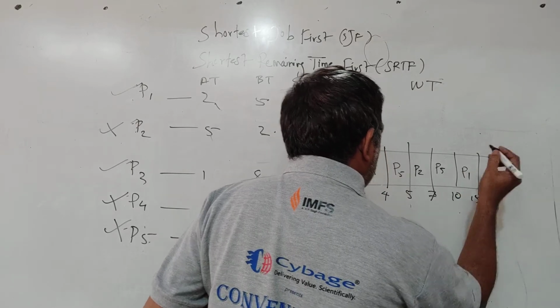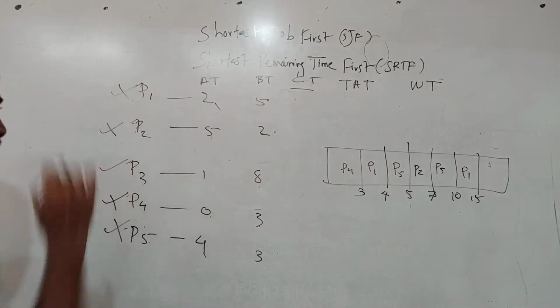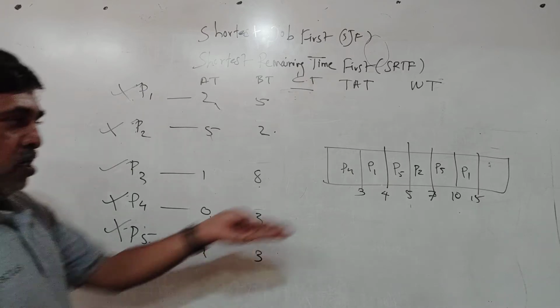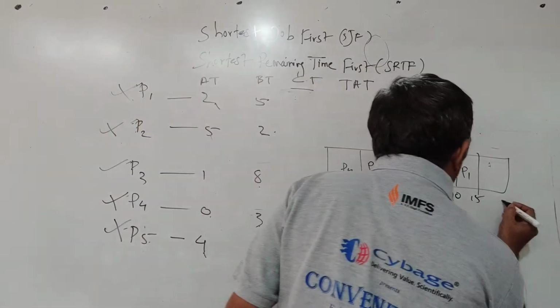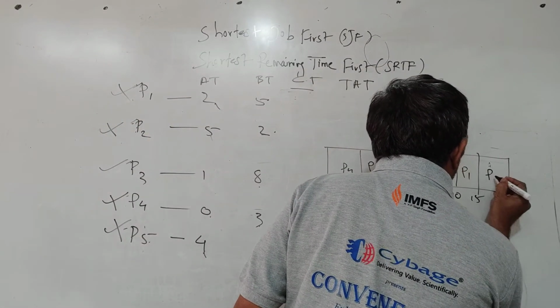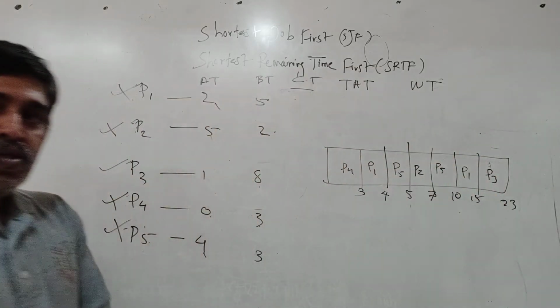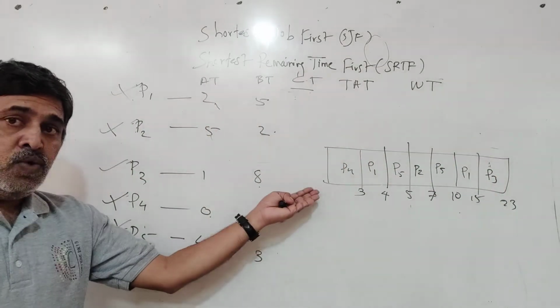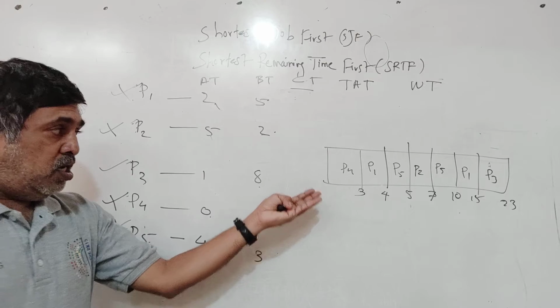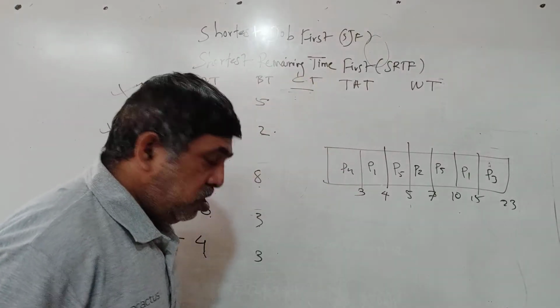So P1 is completely executed. P1 is out of memory. Remaining is P3, and 15 plus 8, it will need 23 units of time for completely executing. So now we do have a Gantt chart with us, and looking at the Gantt chart we can find out